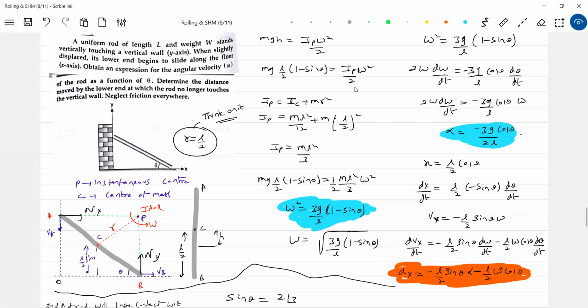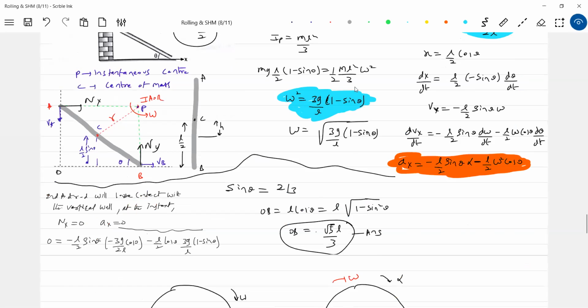So you look at omega, try to think here. Once again, I'm reminding you, the instant center is what we have brought in for convenience, to minimize the mathematics. If you stand at point P, then what happens? The rod will appear to be rotating about this point. If you stand here, dθ/dt is omega. So don't get confused. The rolling motion is the same thing.